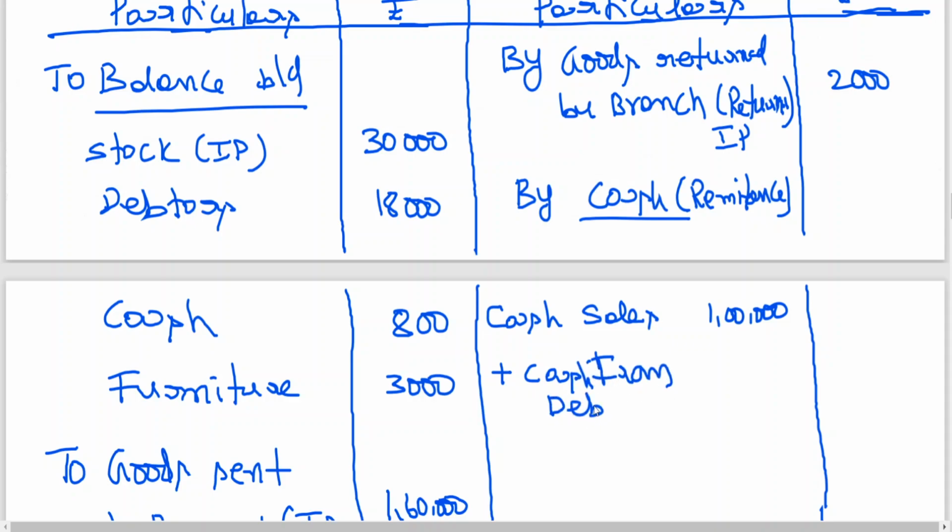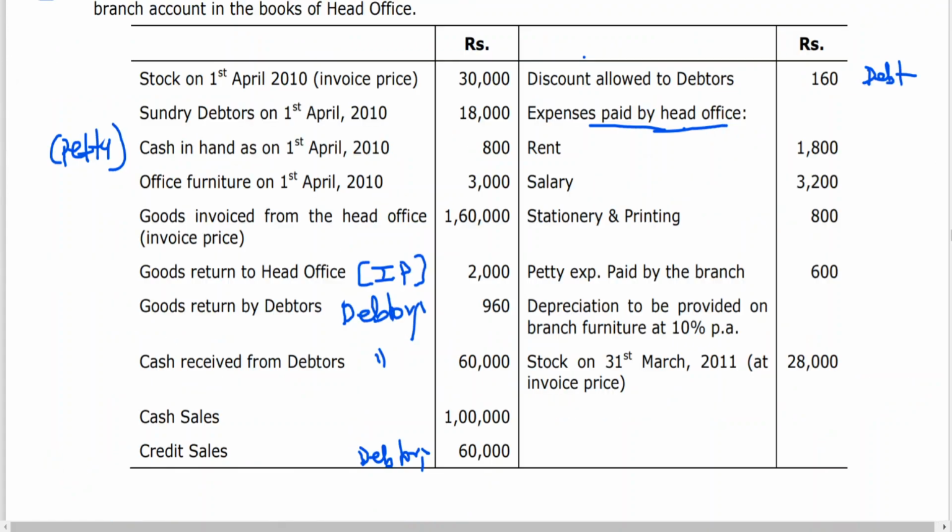Cash from debtors, 60,000. Small things, even the depreciation etc. You can write the petty cash balance here also like this. Instead of going for working notes, you can save some time. Okay. So then